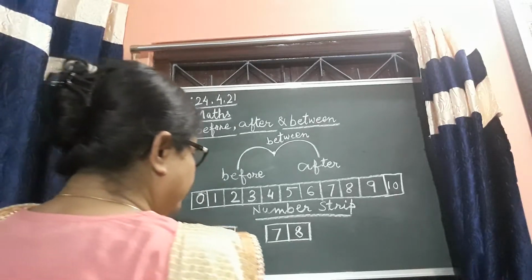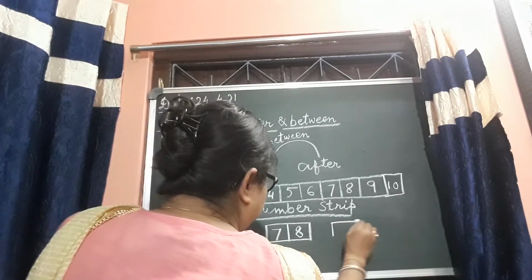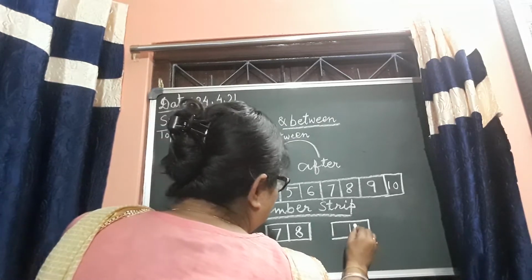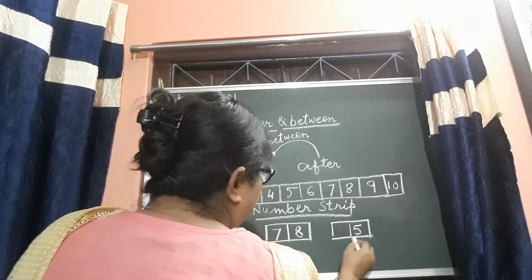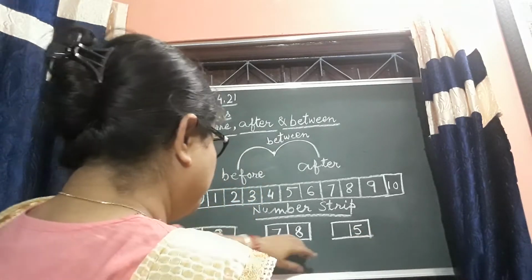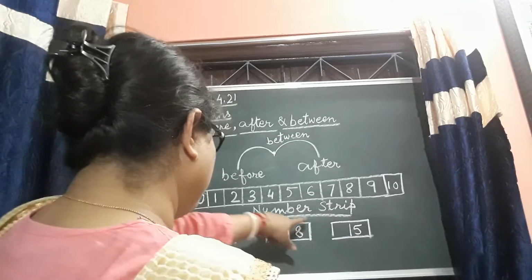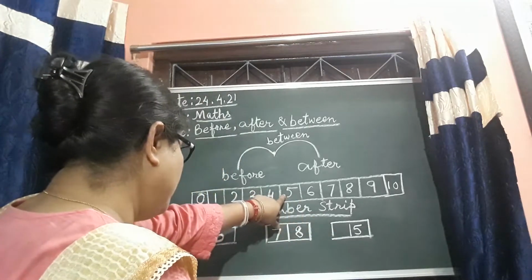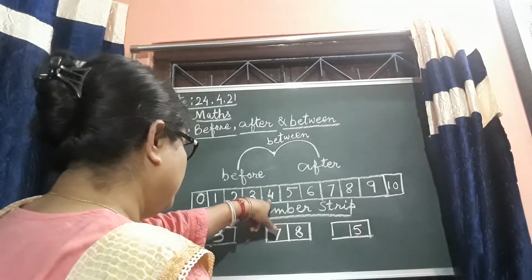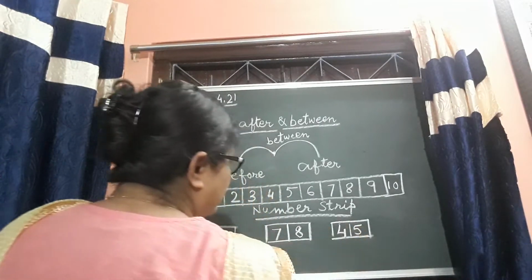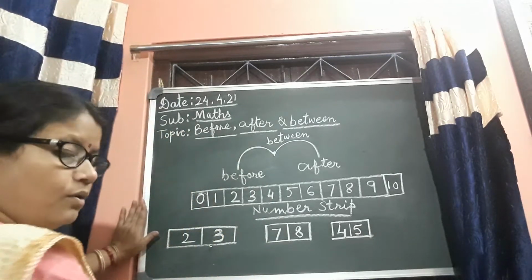I am taking another example. Number 5. Okay, now see the number strip. Which number will come? Which number comes before? Yes, now we will write here number 4. Okay children,